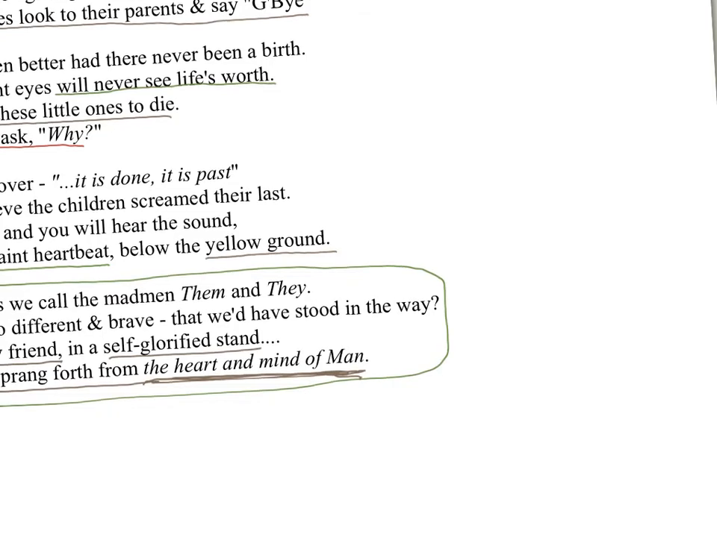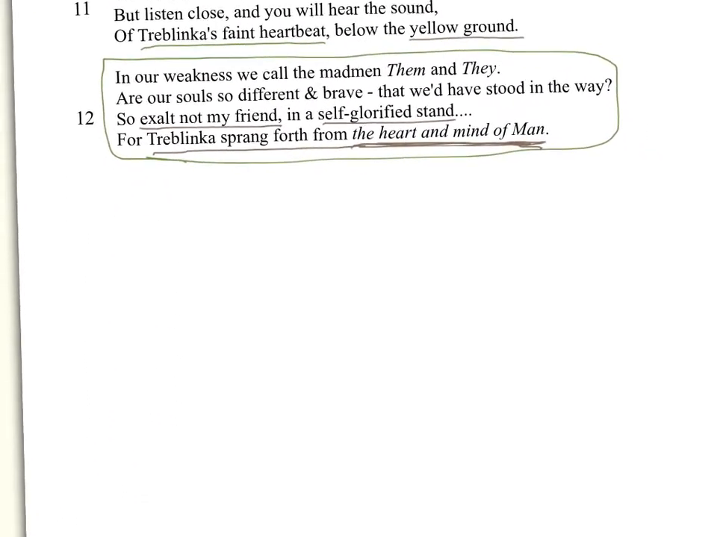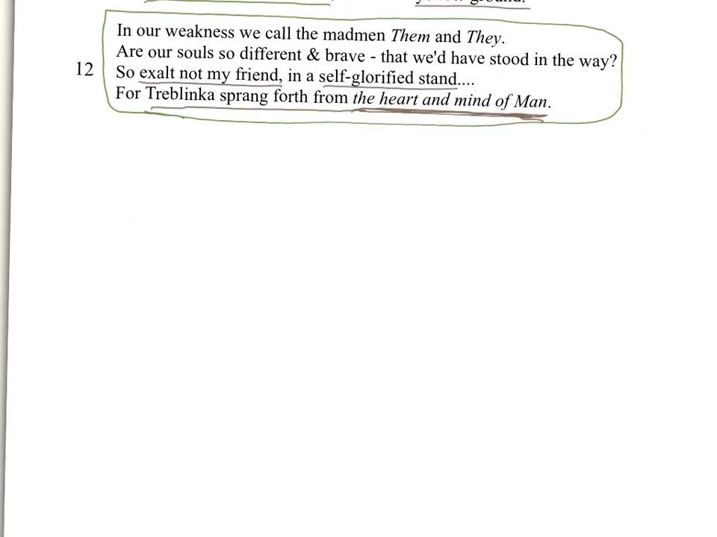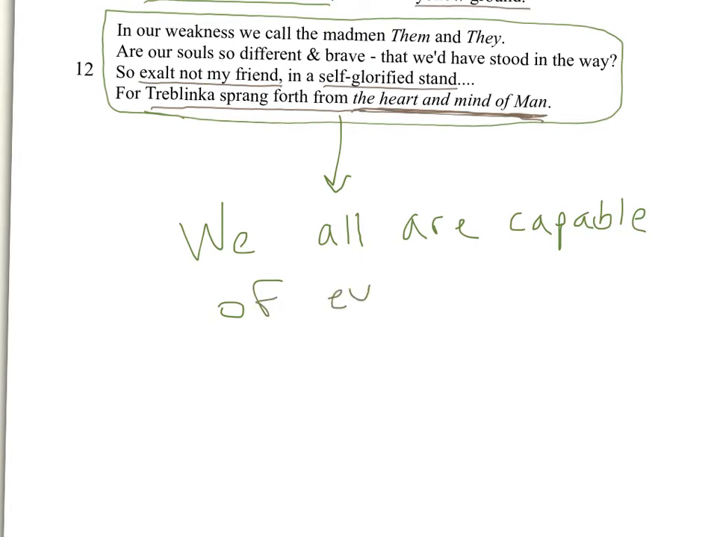Now down here, this is really important, because this really gets to the whole meaning of the poem. Where it says that Treblinka sprang forth from the heart and mind of man, one thing that I really infer from that is that we all are capable of evil. I'm not trying to be a Debbie Downer here, but